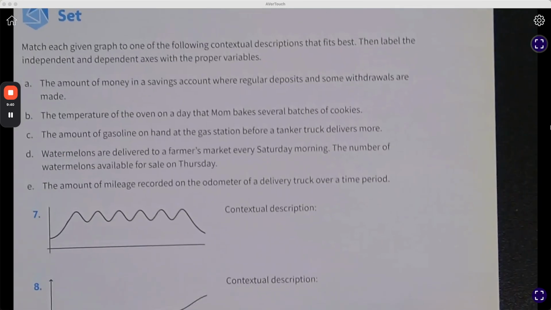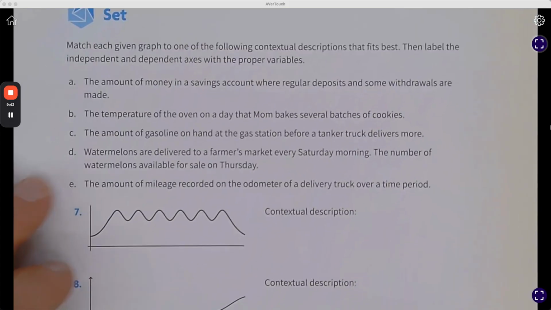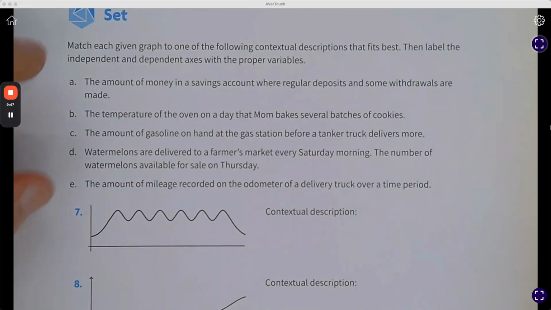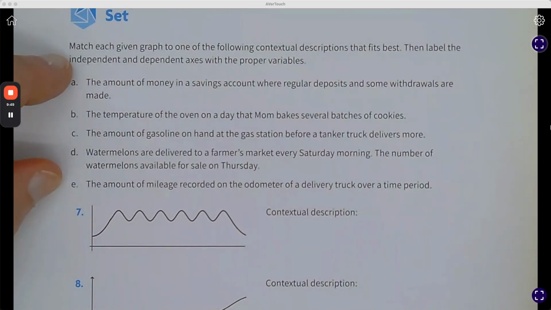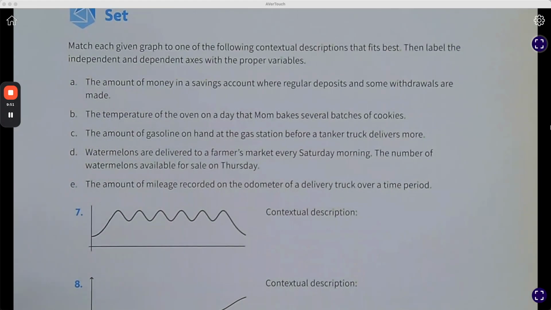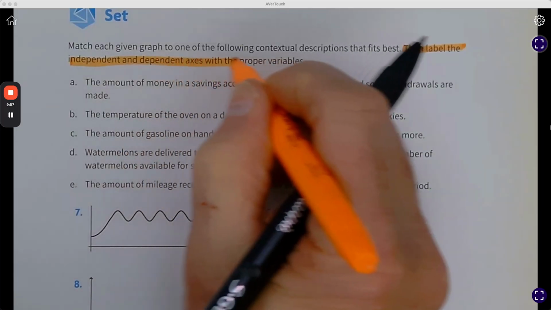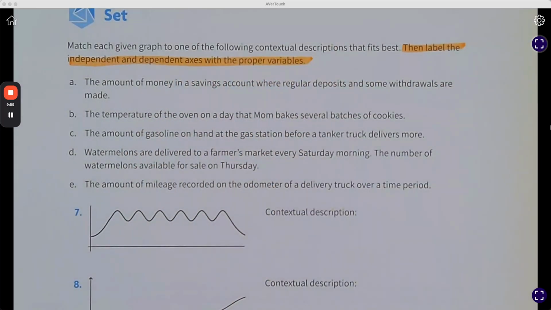Okay, looks like we got some match each given graph to one of the following contextual descriptions. So these are the contextual descriptions. Then label the independent and dependent variable. Okay, I got to remember to do this part on the axis. Okay, I got this. All right, so